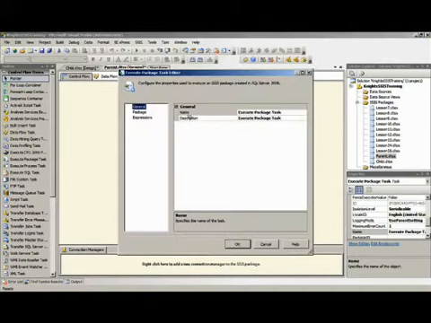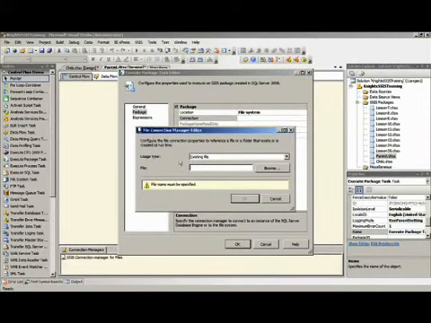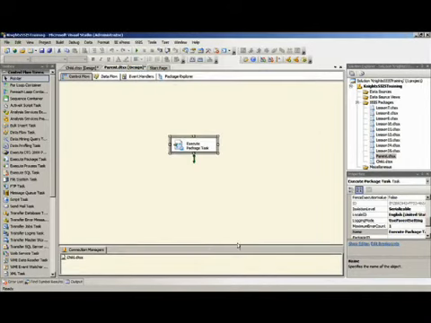I'm going to edit the execute package task, change the location to file system, and in the file connection manager I'm going to set the usage type to existing file, and I'm going to paste in the value of the file from the child package. Click OK. Click OK. I'm going to go to my child package now,